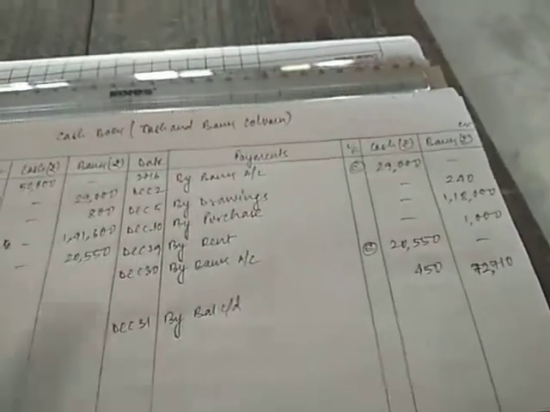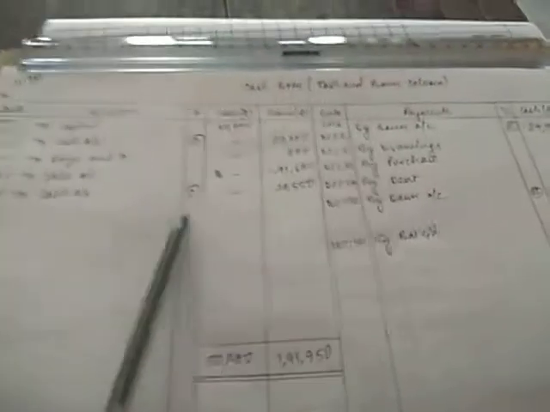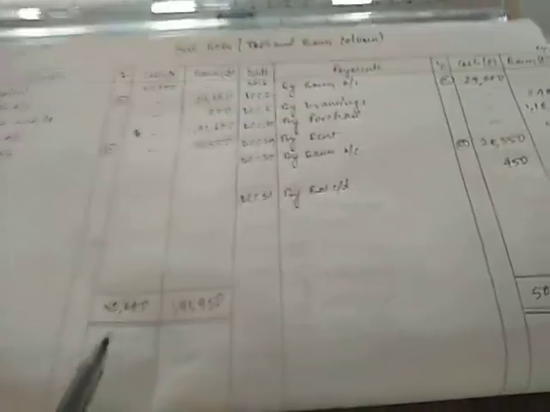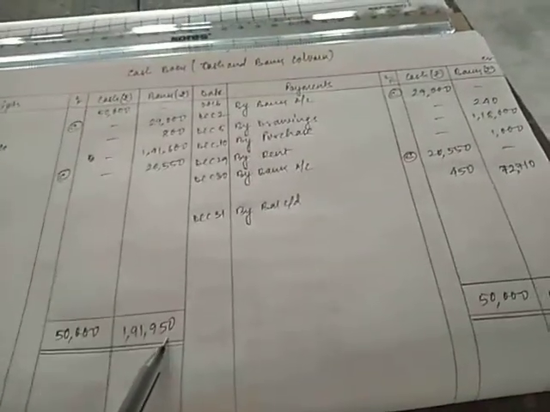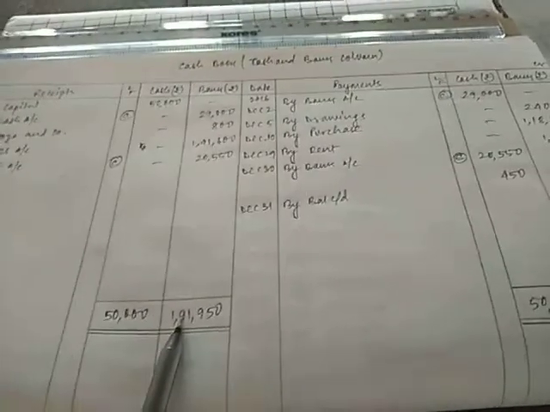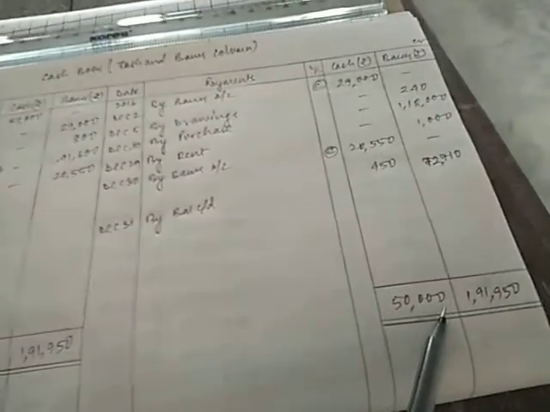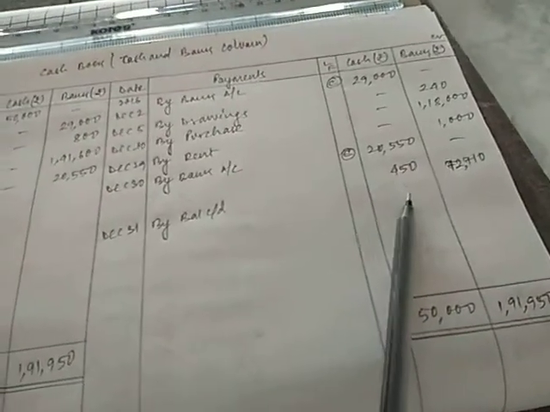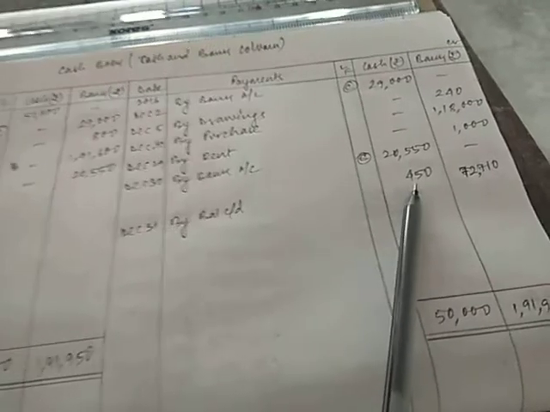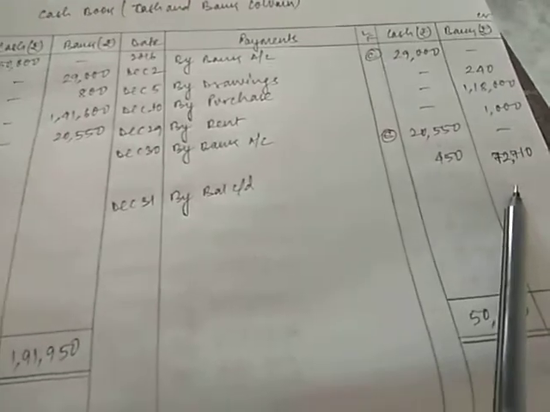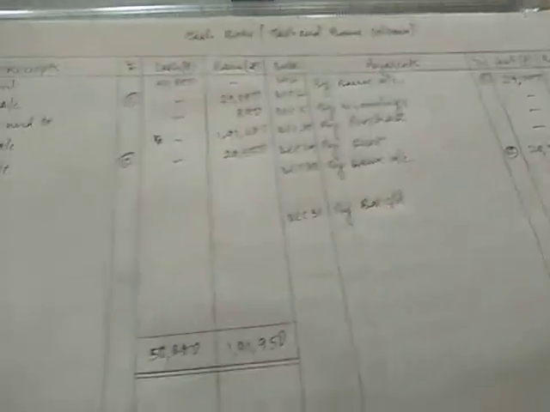After you complete this work, you can do the final balancing. You see which side is higher. Obviously the debit side will be higher for cash, and for bank you can check this side also, the debit side is higher. So you can make a total of debit side for cash and bank. The same total will be copied this side in the credit side also. From here you can subtract whatever items are available on the cash column. You will get balance c/d 450, and for bank we are getting balance c/d 72,710. So this was the solution for the full question, and this answer is from the book's answer.